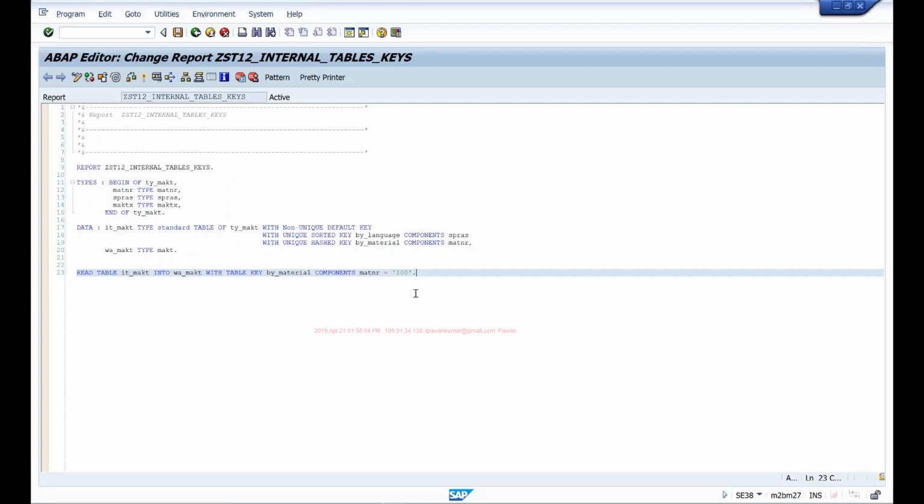So when we deal with such situations, we prefer defining secondary keys so that you can improve the performance of your applications. But if you are doing normal programs, and if it's hardly taking 1-2 seconds to run, then it really doesn't matter whether you are using secondary keys or not, right? It's not going to make much of a difference, at least not a perceivable difference. But as a student, as somebody who's trying to learn programming, you should know these concepts, that when you're defining an internal table, you can have a primary key and a secondary key, and you can have up to 15 secondary keys for your internal table.